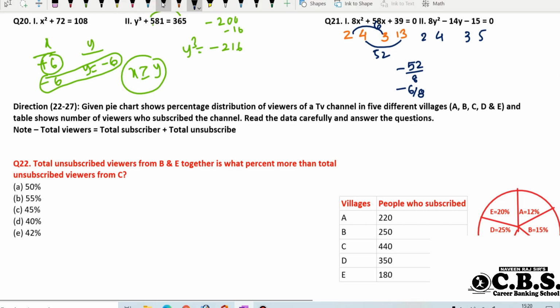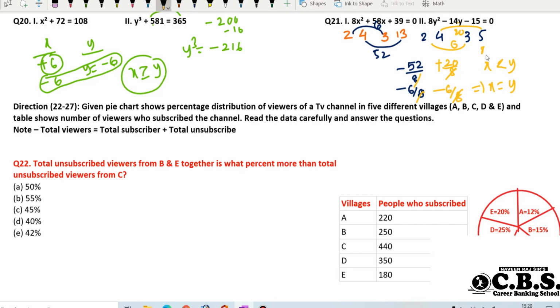Clear? Now you can go for it as 4 fives are 20 and 2 threes are 6. So minus 20 by 8 and minus 6 by 8. Here the big one is positive, so definitely this is a positive value. You can cancel all denominators because all denominators are the same. As per comparison, here x is equal to y, and here one is a negative value and one is a positive value, so in all cases x is less than y.